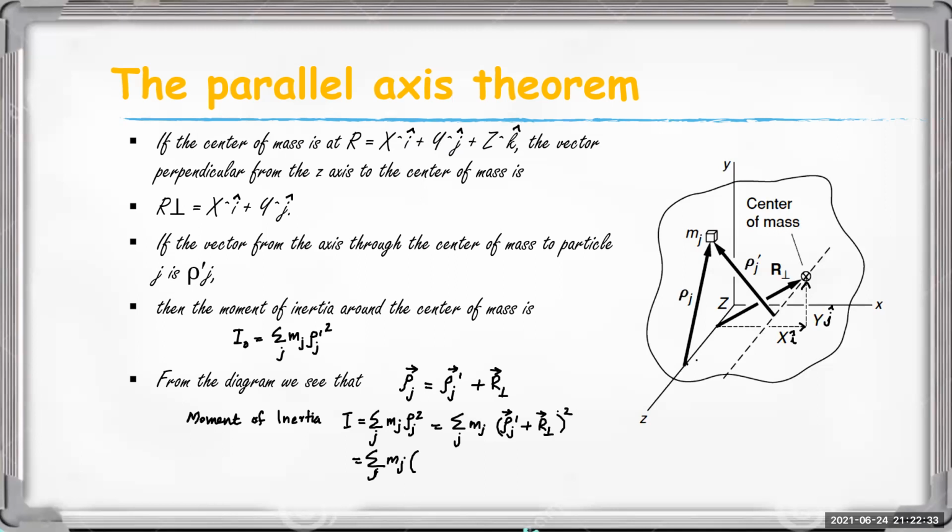If we take the dot product, rho j dash dot rho j dash must be equal to rho j dash square. It must be a scalar quantity, plus 2 into